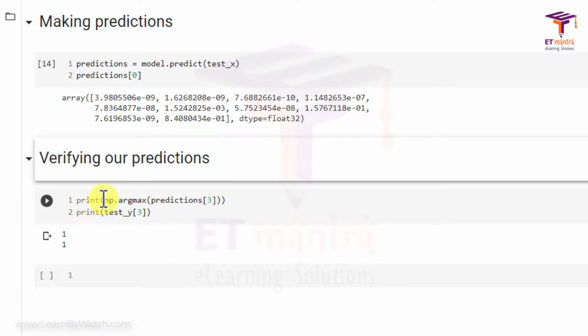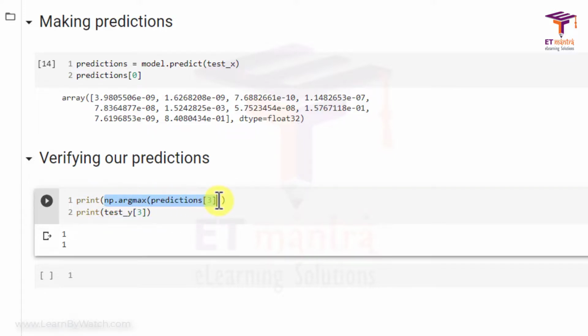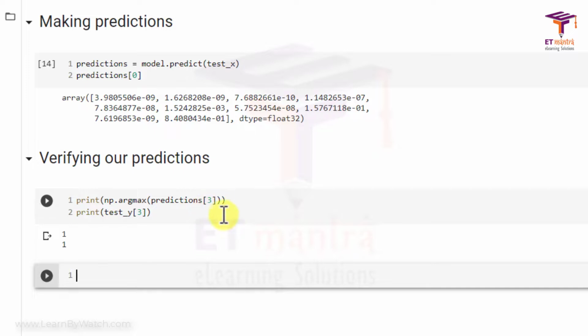I have printed our predicted label and the test label, which is the actual one. The first one is the predicted one and the second one is the actual one. Let us see. For the third example, this one matches, so our model predicted correctly.